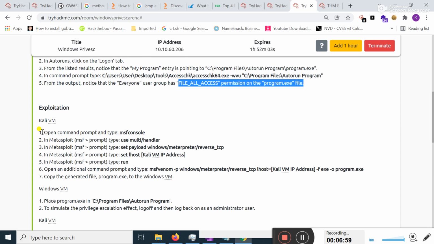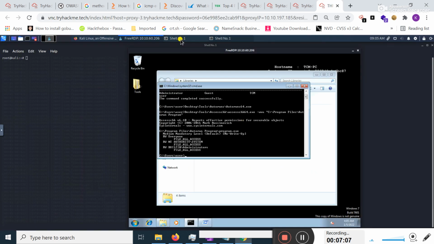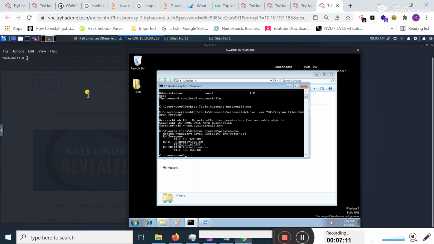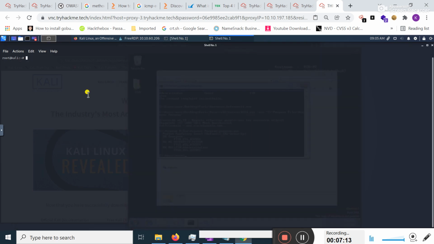Okay, now move to Kali Linux and start the Metasploit msfconsole. I will move to my Kali Linux machine, and from here I'm going to start msfconsole. I just typed msfconsole and hit enter.